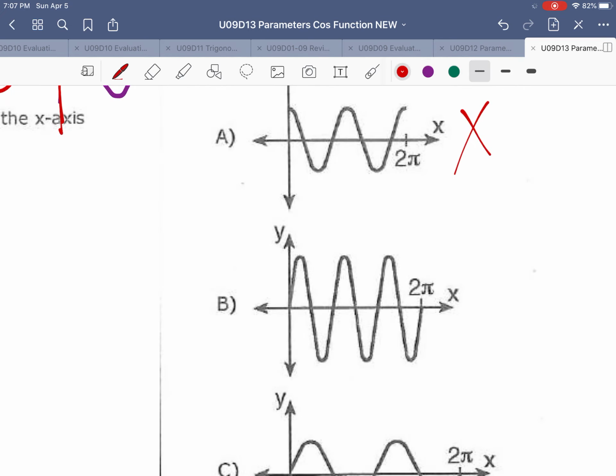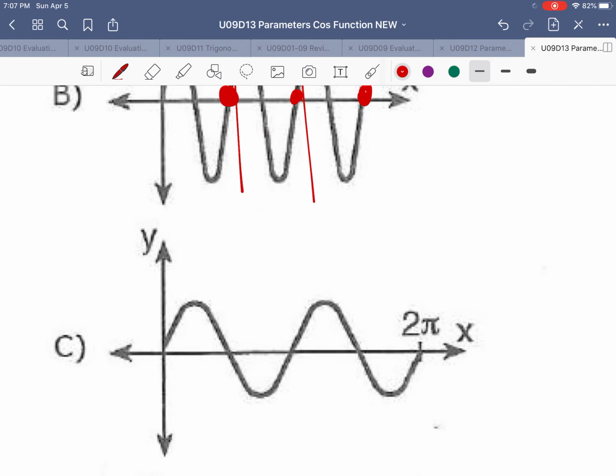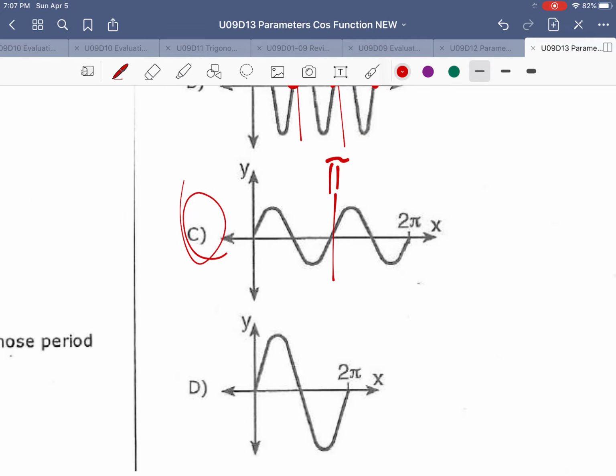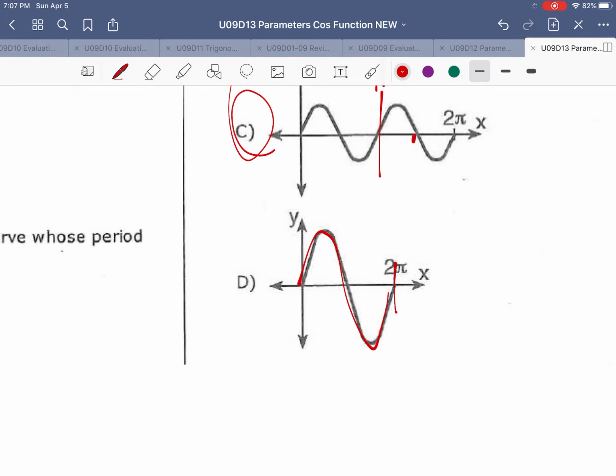So this doesn't work because it's a cosine function. This is a sine function, but it completes 3 sine curves. So that means the period should be 2/3 of pi for each of them. So this is 2/3 pi, and this is 4/3 pi. The next one is also a sine curve. It finishes 2 of them, so this is at pi and this is at 2 pi, so this should be our correct answer. And just for completeness, this one has a period of 2 pi because it completes the full cycle of sine